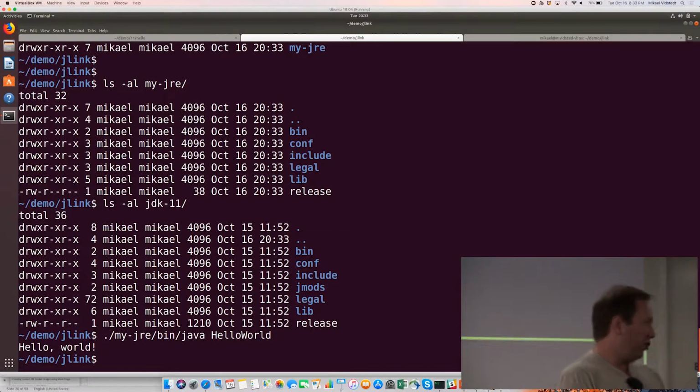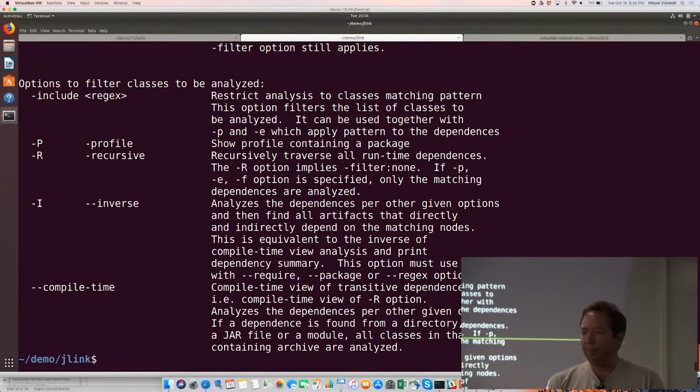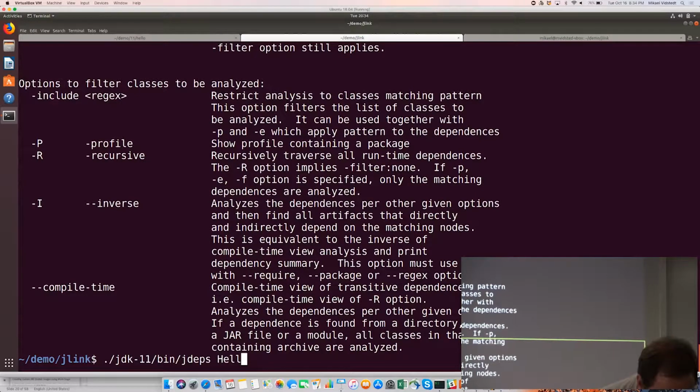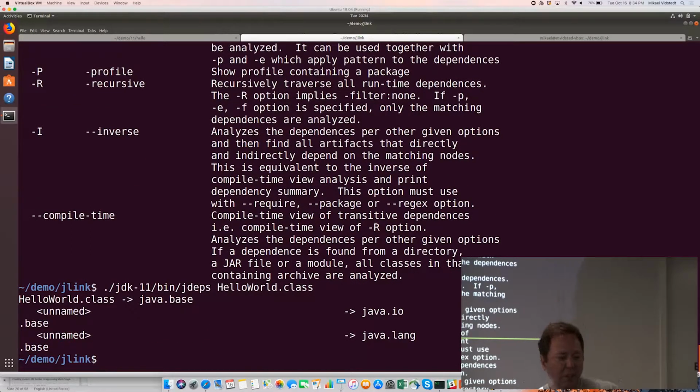Now, the obvious first question is, how do I know which modules my application actually depends on? Maybe I can manually try to figure that out. Good news for you, we have a tool for that. There is a command called jdeps. Jdeps allows you to specify, for example, a class. You can also specify a jar file, but let's say I say hello world here. Basically what it will do is list